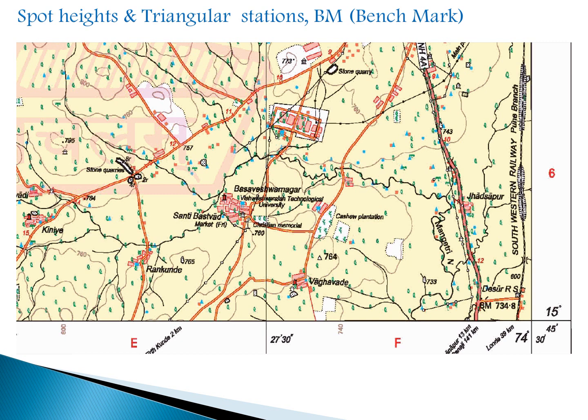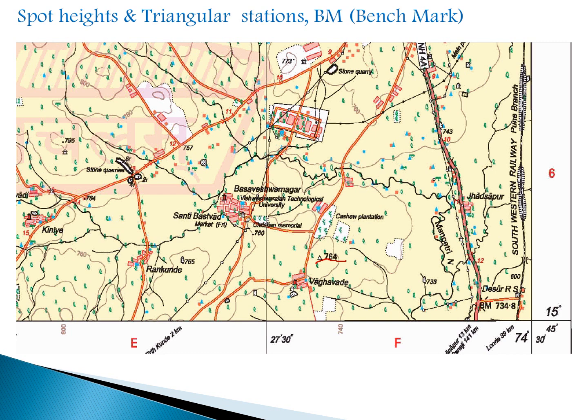So you can find out wherever there is a BM or benchmark written, or some spot height or triangular stations. For example, here there is a triangular station, there is a symbol of triangle and some value is written, that is 764. So at this point the height is 764. Like this you can find out the spot height. This is the triangular station. Here you can see the spot height, the value, that is height 795 with the dot shown. So that is the approximate elevation of that particular area.